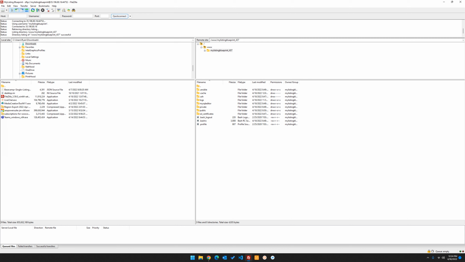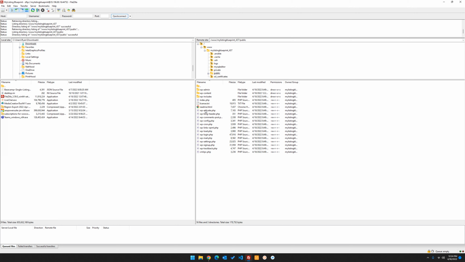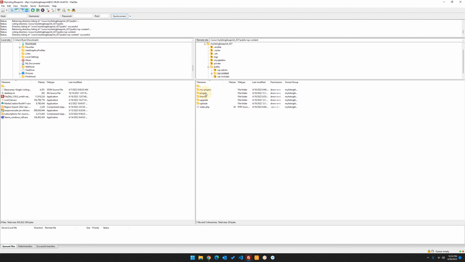So I'm connected to this testing site, and we want to browse to public, WP content. This will all be in the guide as well, obviously. Themes. And like I said, the MyListing child theme has already been installed. There's a guide on the club website for how to get this child theme installed. Super easy stuff. But we want to have that in place so when MyListing comes out with updates, you don't lose these changes. Okay, so let's go ahead and go into that folder, and we are going to create